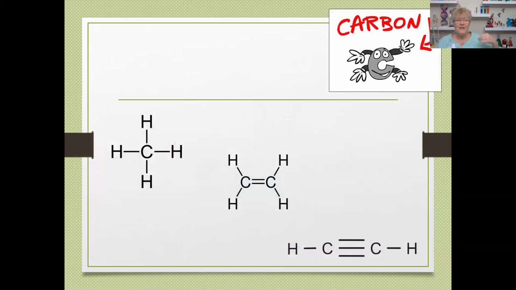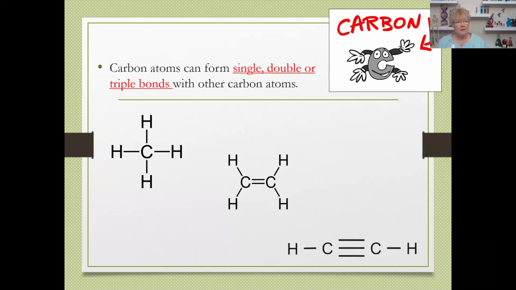Now, this ability to form covalent bonds with 4 other elements lets carbon form really huge long chains that are almost unlimited in length. So carbon can bond with other carbons. It can bond with other elements. It can form straight chains like we see here. It can form branch chains like we see here. It can even form rings. Carbon will always want to make 4 bonds with other different kinds of atoms.